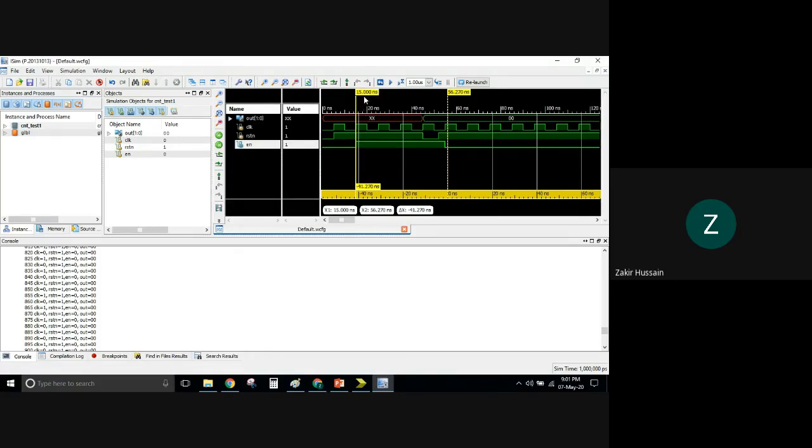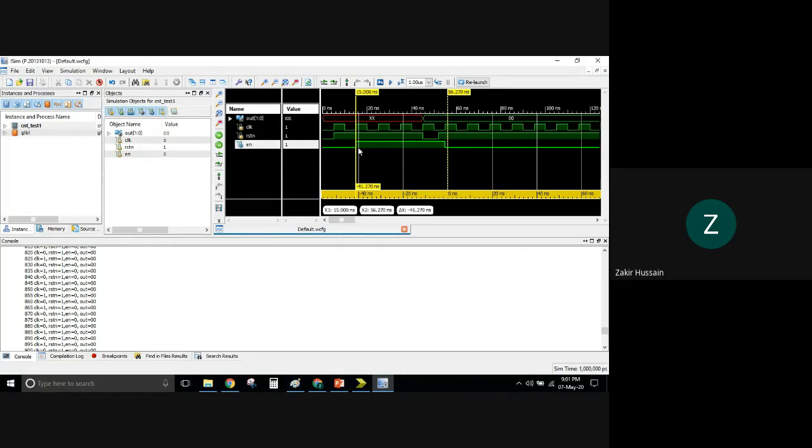So in the waveform, guys, if you see at 15 nanoseconds, your enable is high, no issues with that, and your reset is high, no issues with that. Your clock is also available, a positive edge clock. So guys, if you see carefully, everything is fine. Earlier we made a mistake in the test bench, and we thought this was not happening here, and we went there and changed it.